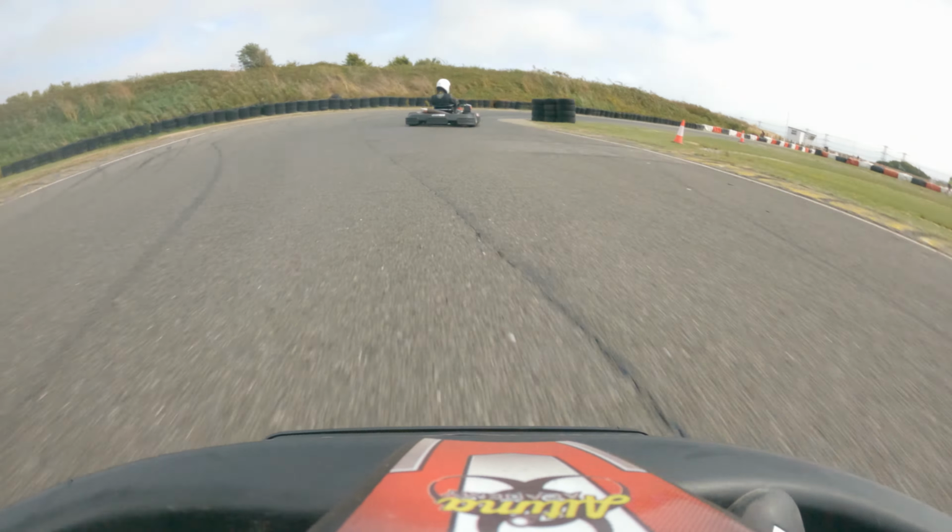Didn't have any rear end wanting to step out on us, and sort of a half defensive move as we come through there, but enough for us to get our nose up the inside, and we take that first position at the end of heat number 2. So that's our first heat win of the season as we move on to heat number 3, where this time